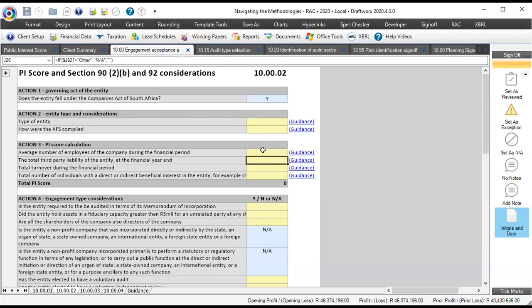In terms of your PI score calculation, you would need to put in the average number of employees, the total third-party liability. And I get a lot of questions: Leon, why don't you just automate this? The problem is, this is the first document I'm completing in this file. If you don't have a 100% correctly linked trial balance